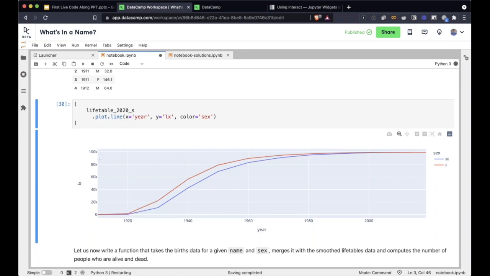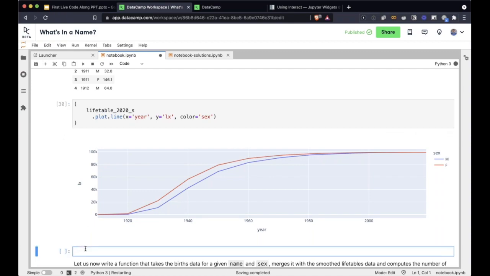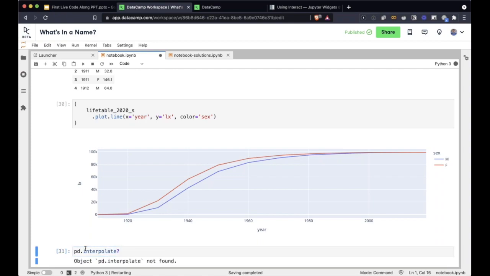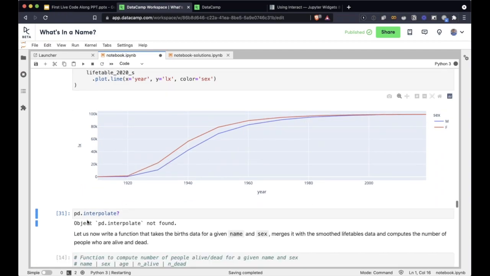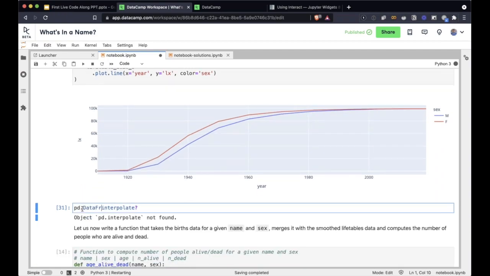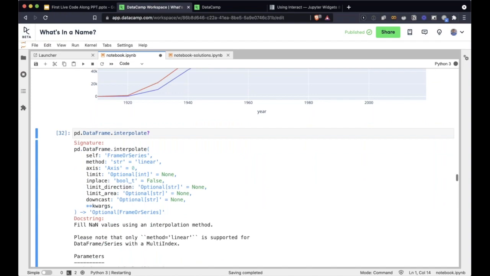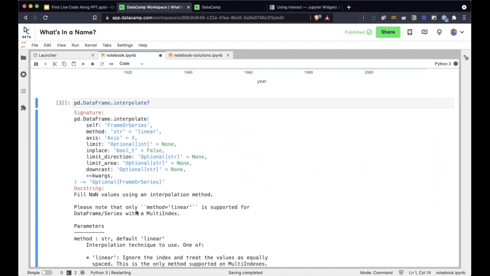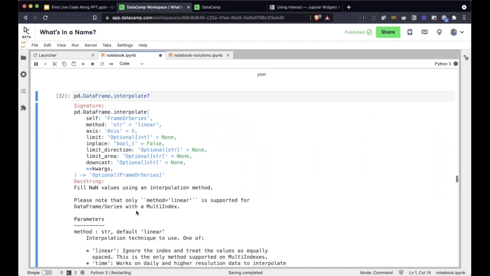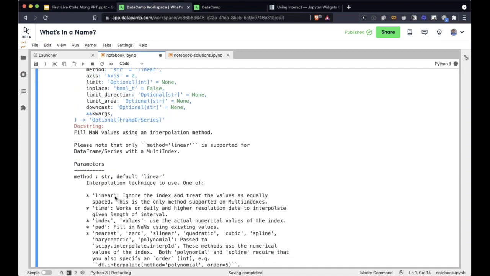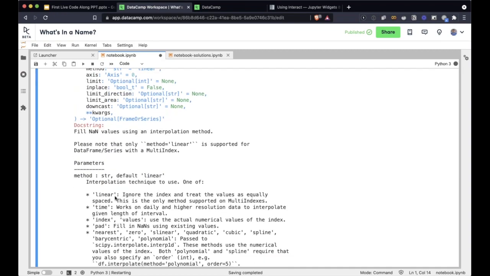I think the interpolate method allows other ways to interpolate, and if you really want to, I don't know more details about the interpolate function, to be honest. But I think it's pd.DataFrame.interpolate. It's a method on the data frame. So you can see it fills NaN values. Yeah, method is linear, and you can use other methods as well. I think the default is linear, but you can see all the methods here.